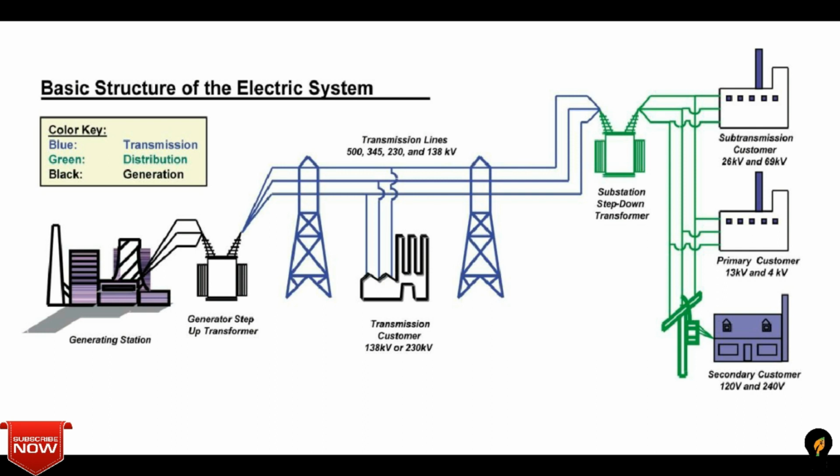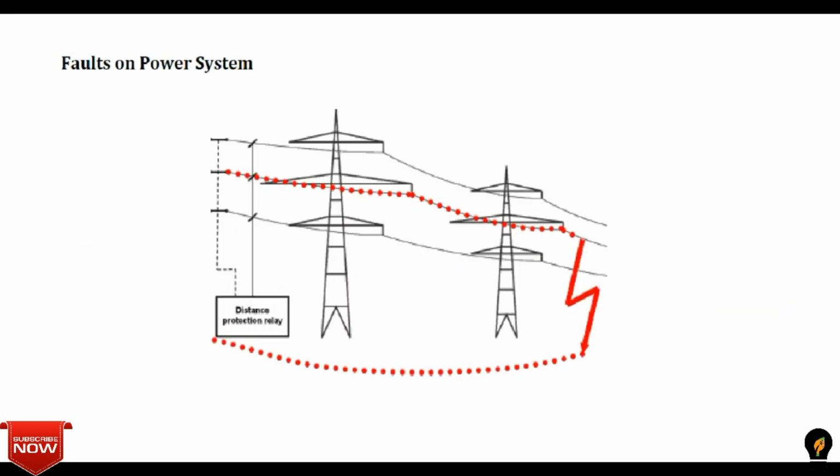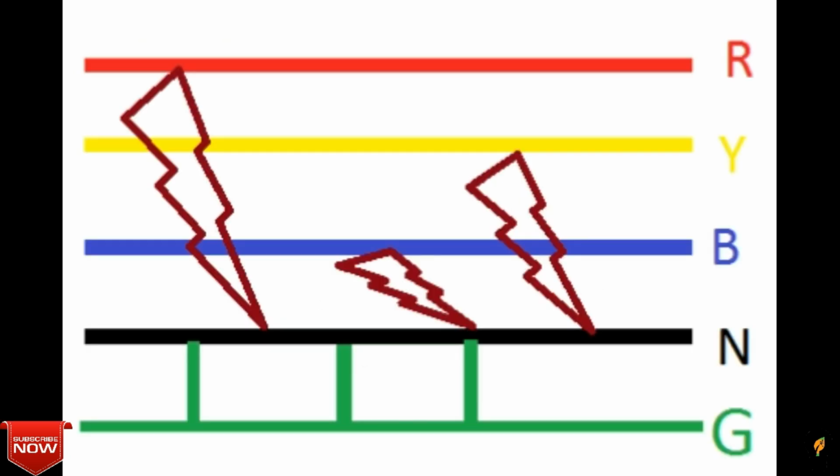In an electrical power system, a fault is any abnormal flow of electrical current. For example, a short circuit is a fault in which the current flow bypasses the normal load. An open circuit fault occurs if the circuit is interrupted by some failure. In a three-phase system, the fault may involve one or more phases and ground or may occur between phases. In a ground fault or earth fault, the current flows into the earth.